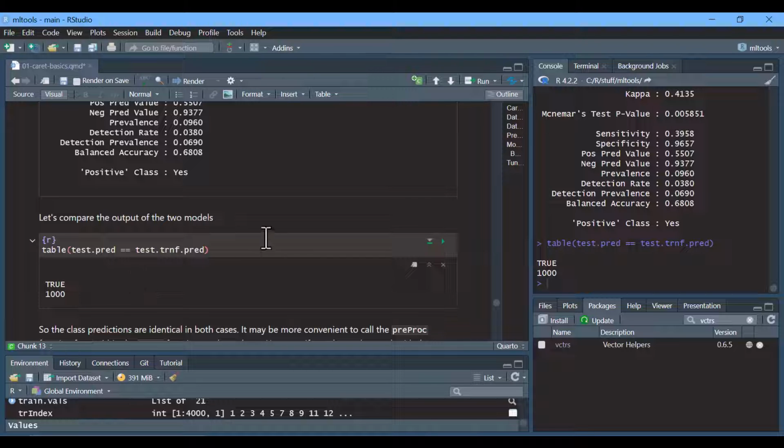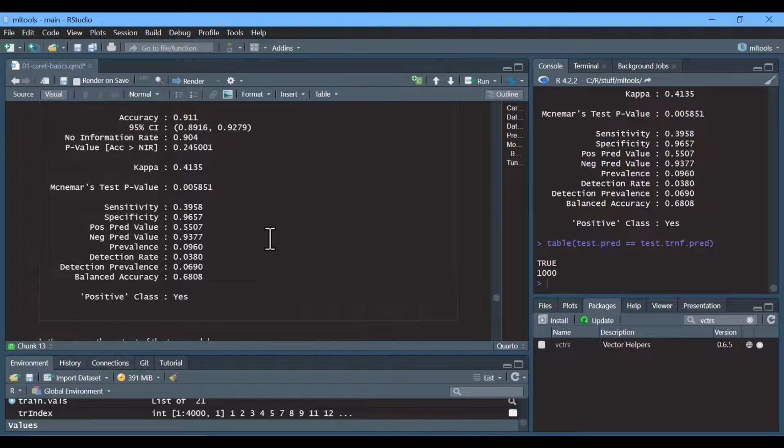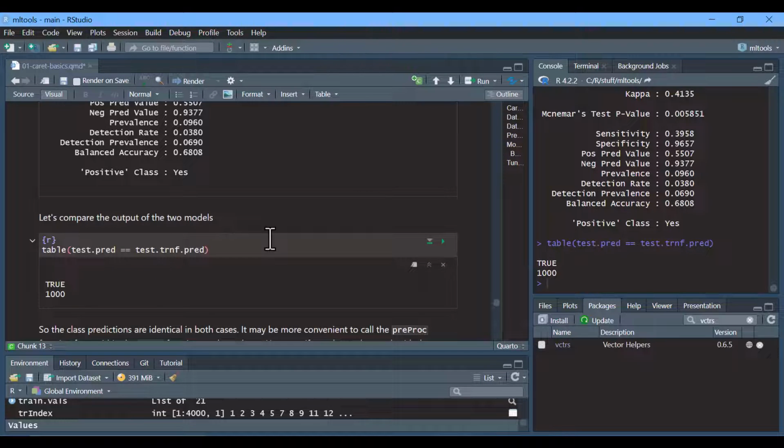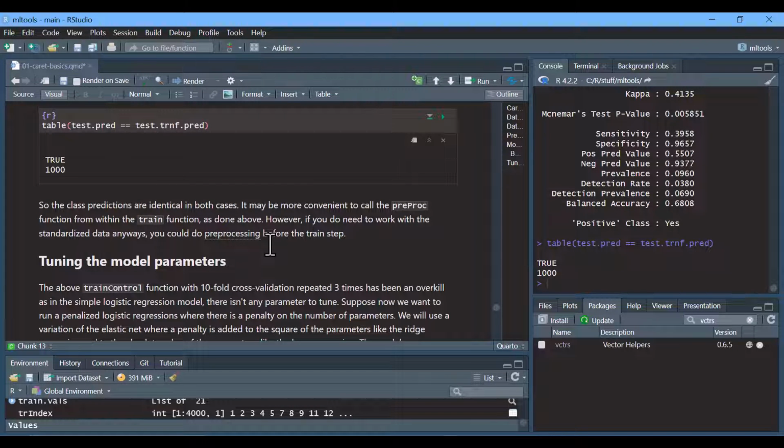So whether you do pre-processing as a separate function or within the train, I think it depends on the context of the problem. If you'll be working with transformed data for further analysis, it might be good to do it as a separate step. If some models require standardization of data while others don't, you could do that within the train